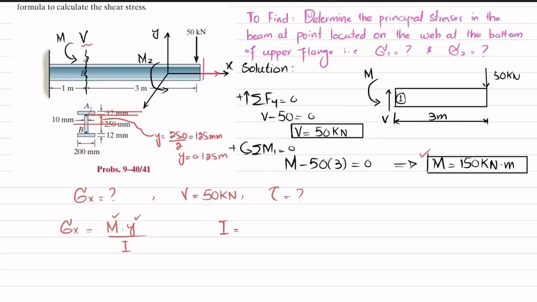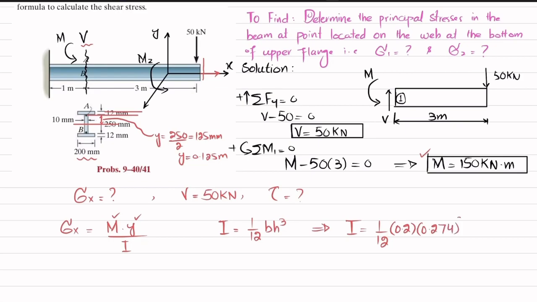If I take this whole box and find the moment of inertia and then subtract these two empty portions, we will get the moment of inertia of this beam. So moment of inertia is generally equal to 1 over 12 b h cube. So here I will be equal to 1 over 12, b is the breadth, which is 200 millimeter, and in meter it is 0.2, and height is 274, which in meter is